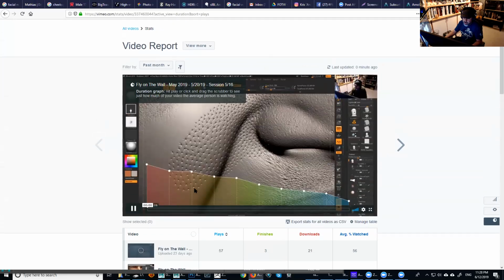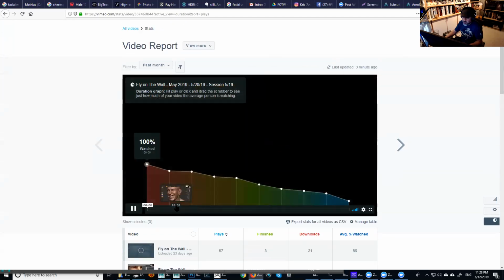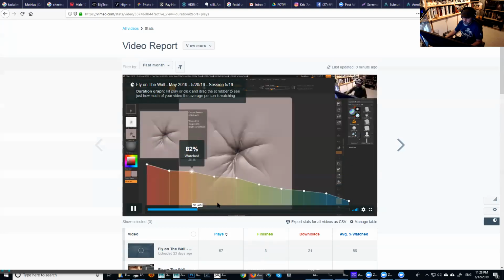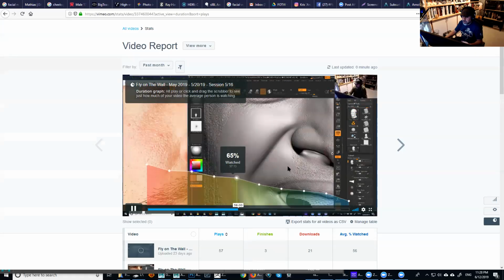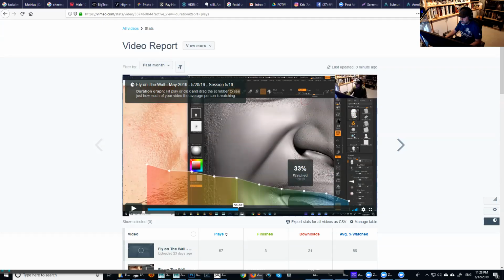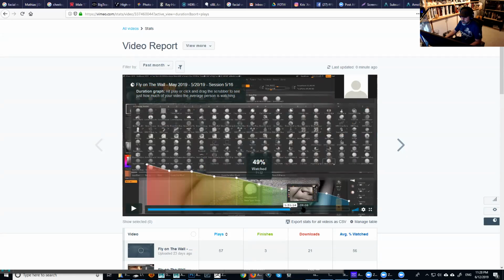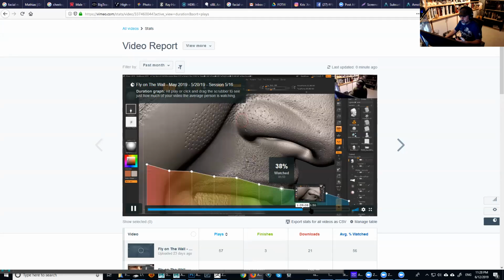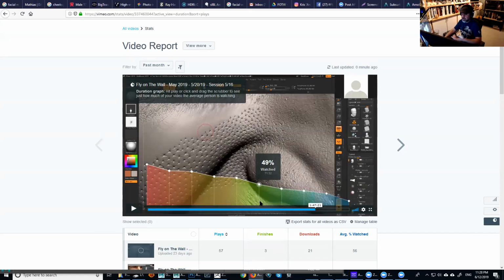So this entire thing here was on pores, and this is what's going to be next week for us. This is basically what I did. I started with the previous model, but then I erased this entire area, and then I started erasing everything else, and I sculpted everything from scratch, just because I thought you guys would get the most out of the class if I did it that way.